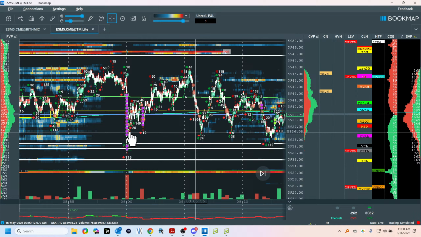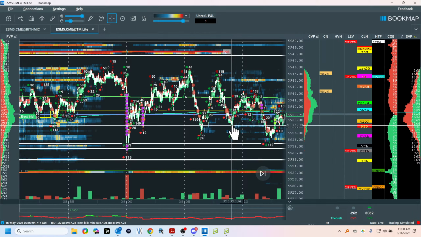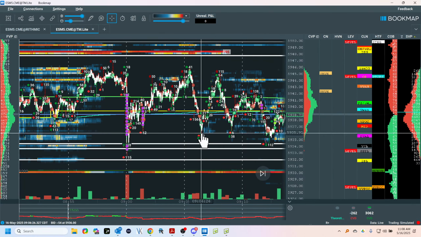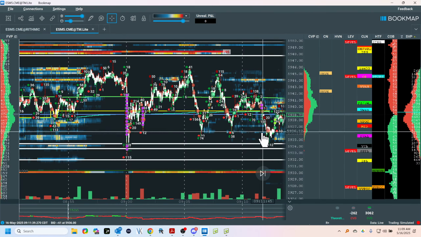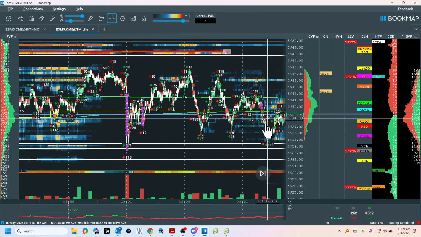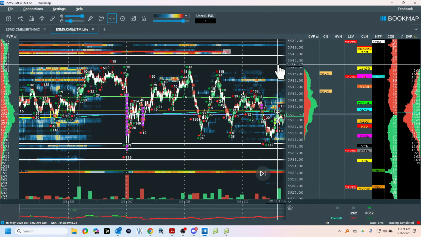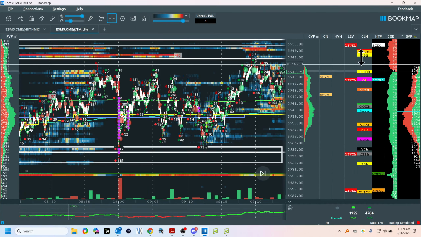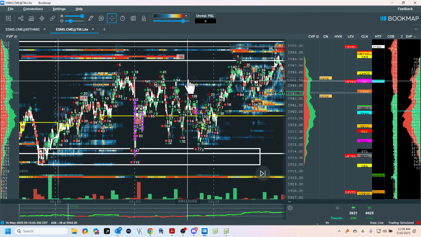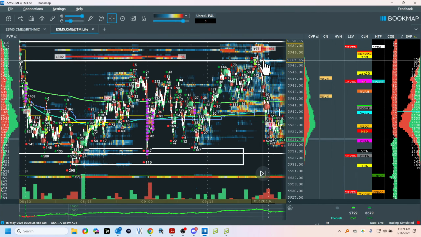Well, here's what I know. I know my buyers are here. I know my sell stops are here and here. If the market comes down, I am not buying in front of the stops. I want the stops to come out, and then I want, and these are the stops, market orders, delta, and then reversal. So now I can get long, and I'm trying to come across the range, and take a stop, or whatever the heck happens. Where am I trying to come? Back here. There. See it? Target. And then, no clue.